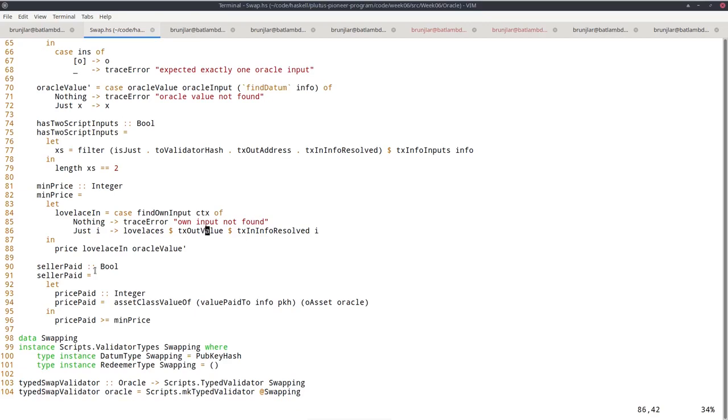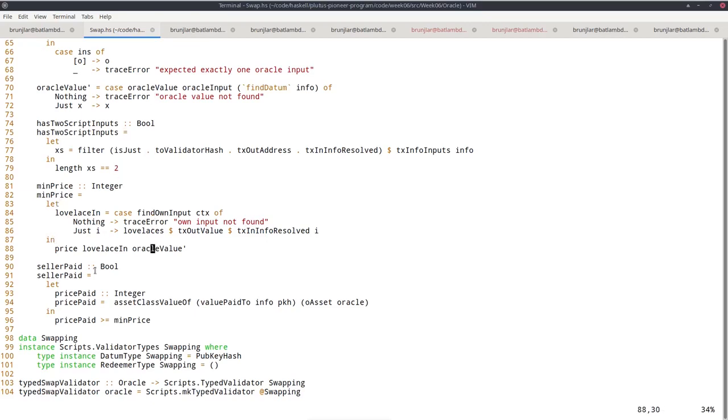If we do find it, we again compute the corresponding output, take the value, and use our helper function Lovelaces to check how many Lovelaces are there. So this Lovelaces in is how many Lovelaces are locked in this swap UTXO. And then we use the price helper function that we defined before, given this amount of Lovelaces and the oracle value that we looked up here, to compute the price.